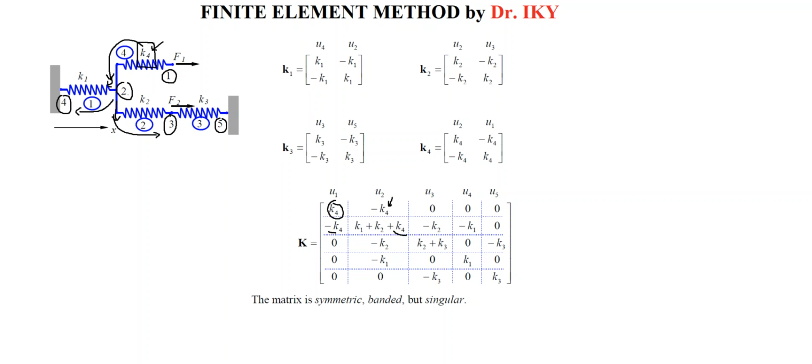Because we have got 3 systems here, one of them is K1, which was started by K4, and then continue with K2. Because of the 3 stiffnesses here, first, second, and the third one, you need to collect them here, because all of them connected at that region. Which region? Node 2. So let me write the node 2: K1 plus K2 plus K4, and then I want to continue